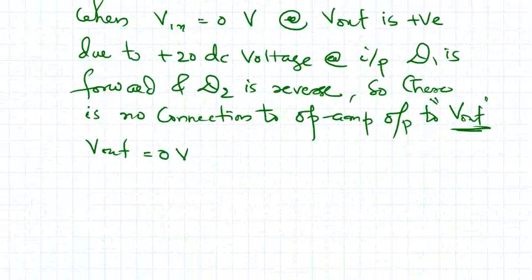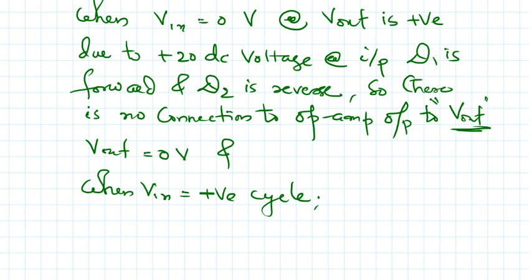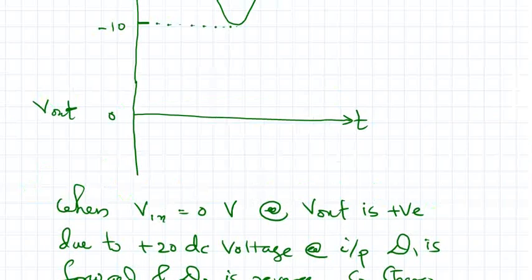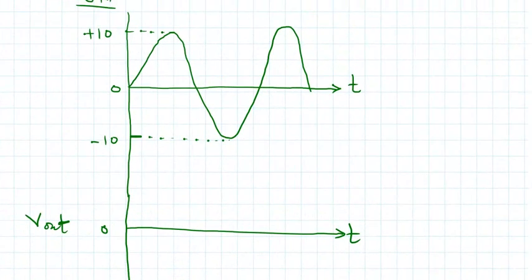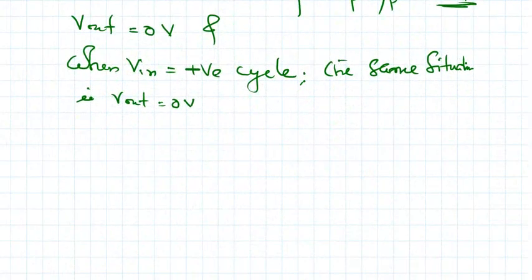So and when V in is positive cycle, the same situation. That is V out is 0 voltage. Okay, so in positive cycle the V out is definitely 0 volt. Okay, then what happened to the negative cycle? In negative cycle